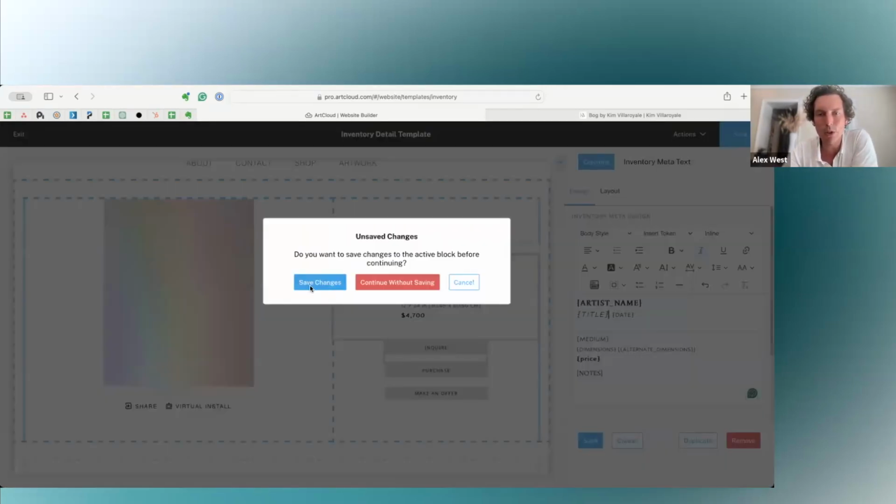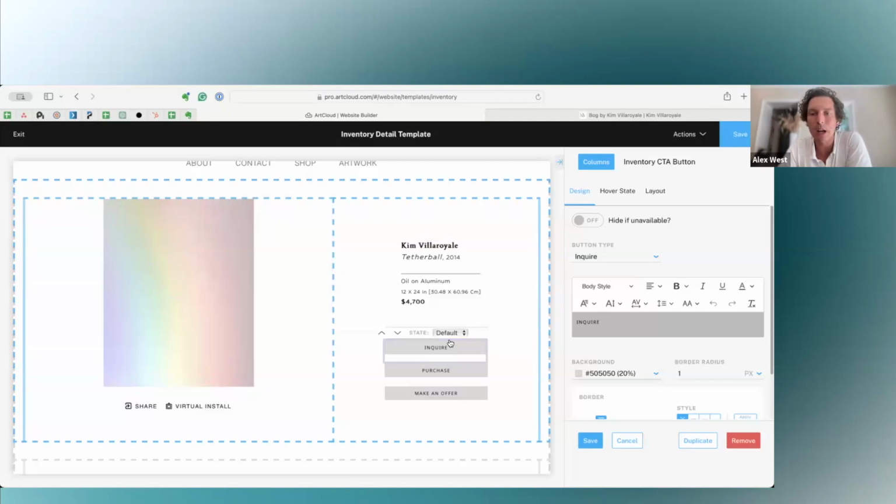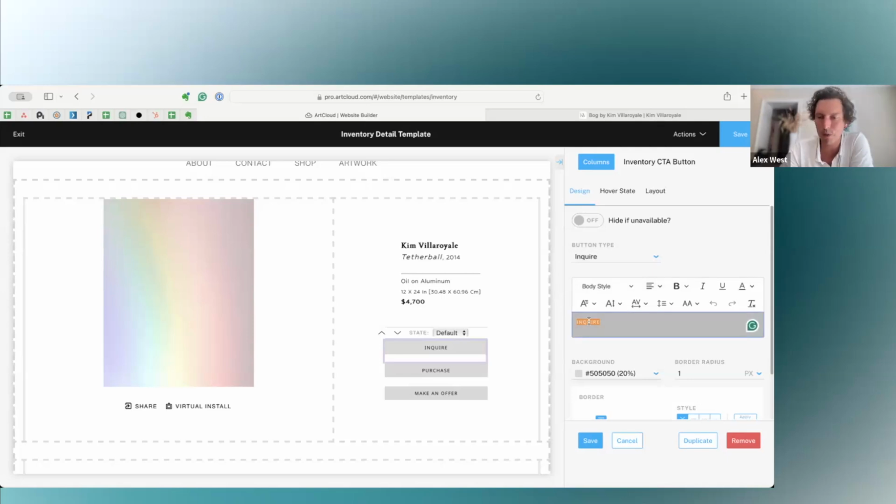In here, we're just going to browse through some of the configuration options we have for buttons. If the artwork is unavailable, if it's no longer active, then you can even hide the inquire button so that your visitors won't see it. These are just some standard templates, so you can make a custom button, but this is going to let you pick the title of the button. So if you wanted to say inquire, or if you're from the UK, if you wanted to spell that with an E, or if you wanted to say reach out, or something more casual, something more formal, you can literally